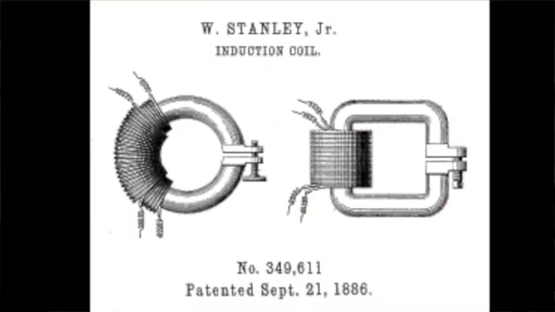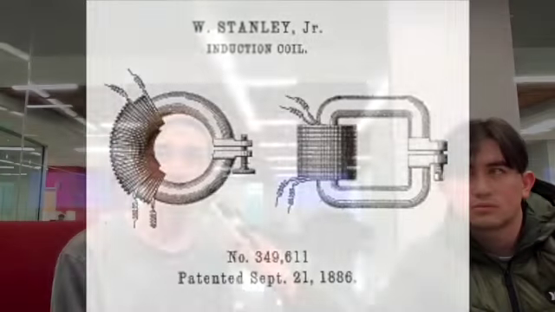In the US, William Stanley Jr. designed one of the first practical devices to transfer AC power efficiently between isolated circuits. Using a pair of coils wound on a common iron core, his design, called the induction coil, was an early transformer. In 1888, alternating current systems gained further viability with the introduction of a functional AC motor, something these systems had lacked up until then. Thank you so much.